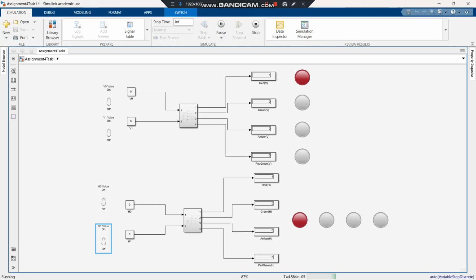When the input values of V0 and V1 are both equal to 0, it will turn on the red light. If the input value of V0 is equal to 1, it will turn on the green light. If V0 has changed back to 0 and V1 is given 1, it will turn on the amber light. If both V0 and V1 are equal to 1, it will turn on both the green light